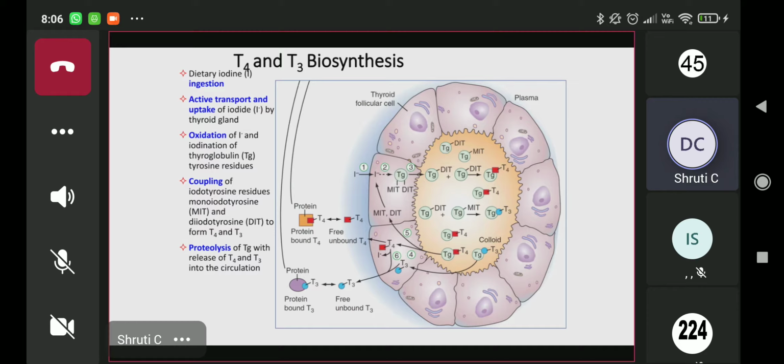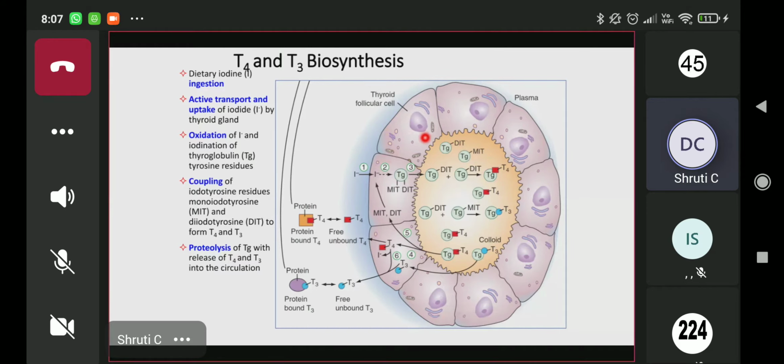So basically, please look into this picture. The dietary iodine is in iodide form, and there's an uptake of iodide by the follicular epithelial cells, and this is the lumen which contains colloid. So iodide uptake occurs inside the follicular epithelial cells. Then the iodide is bound to thyroglobulin. Basically, thyroglobulin is a glycoprotein which has tyrosine residues. So this iodide binds to the tyrosine residues of thyroglobulin. I've also already told you about an IHC marker, that is thyroglobulin.